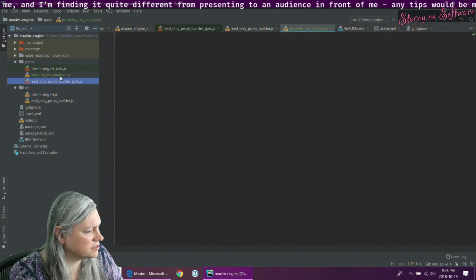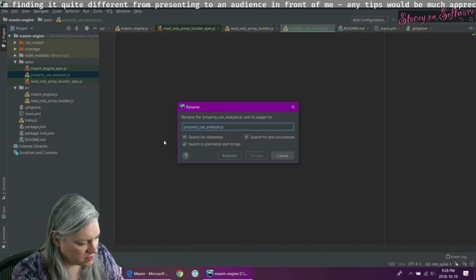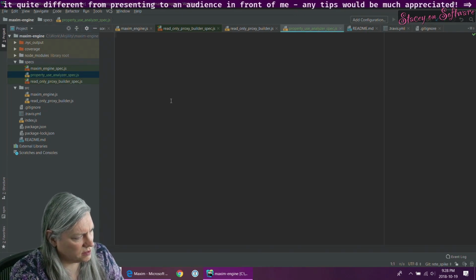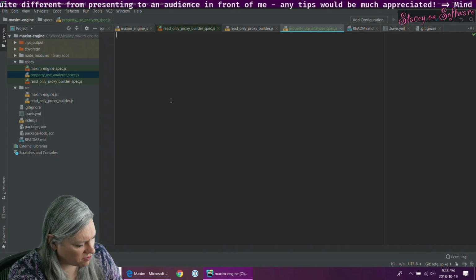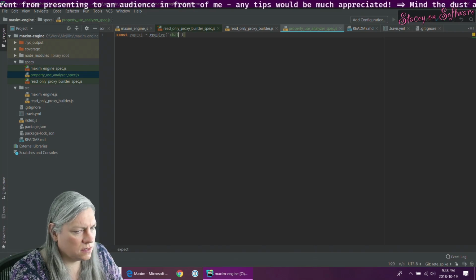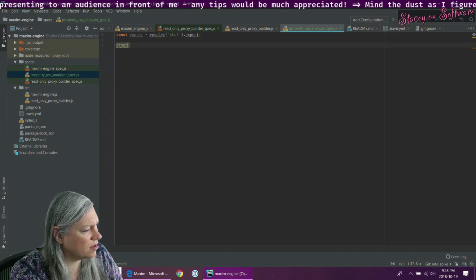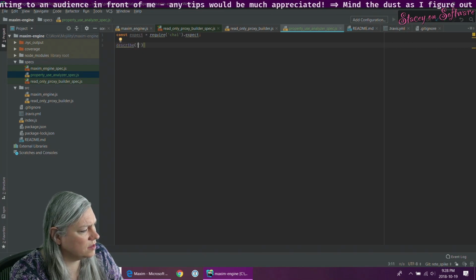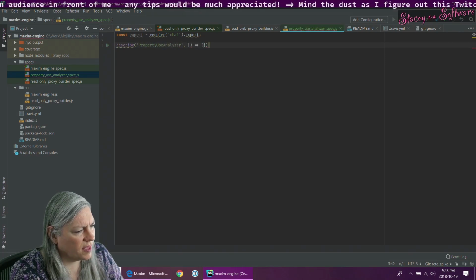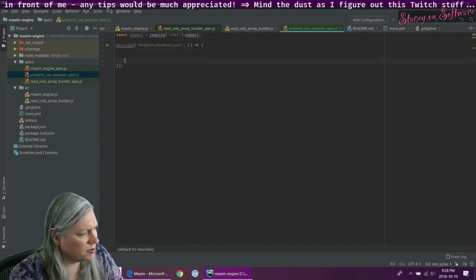So, oops, and that was intended to be a test. So, let me grab expect. And let me describe the property use analyzer. And I think I don't want to start shoving a whole bunch of functionality in here.